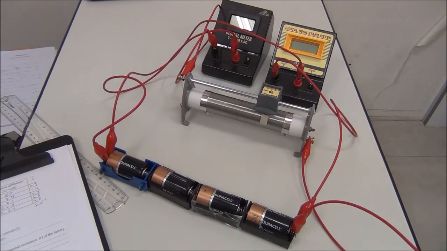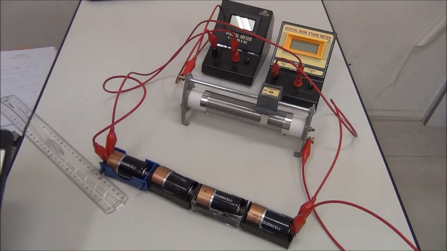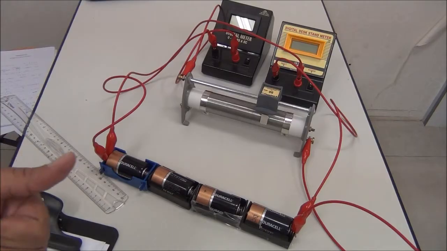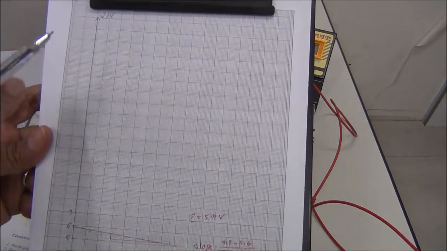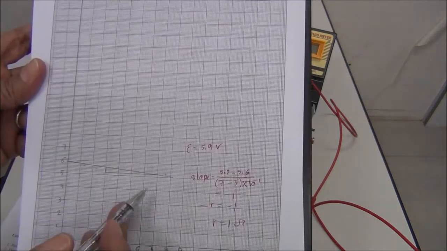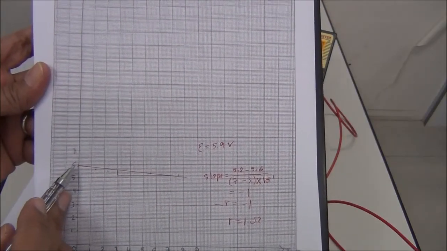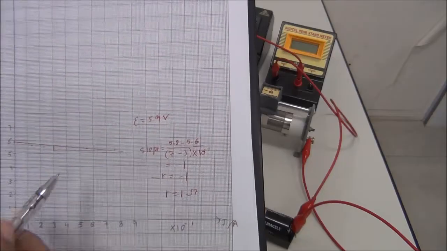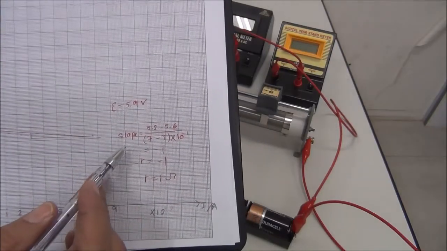What about the conclusion? We did this experiment to calculate the internal resistance of the battery and the electromotive force of the battery. By plotting the V-I graph, we found a straight line. The y-intercept of the line represents the electromotive force. It was 5.9 volts. And when we calculate the resistance from the slope, it was